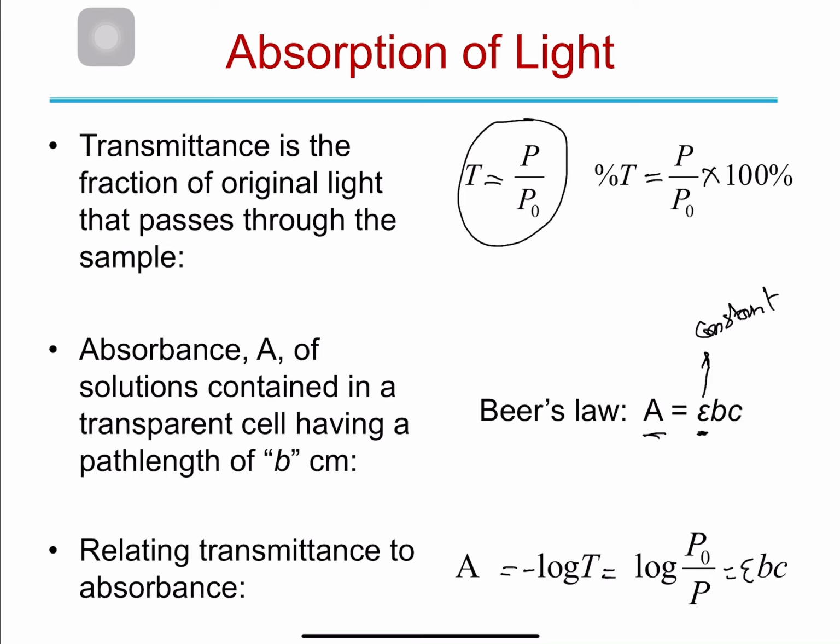It is constant for a certain complex, and it differs from one complex to another, times the path length, which is b, the length of the path of the sample. This is mostly 1 centimeter, like the one you used in the lab as well,